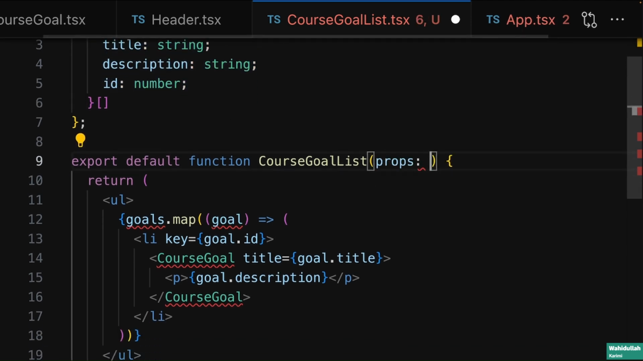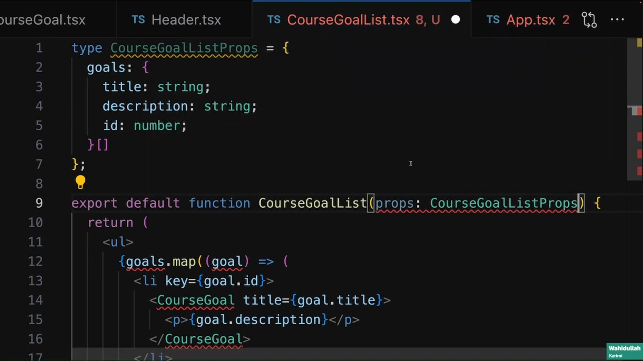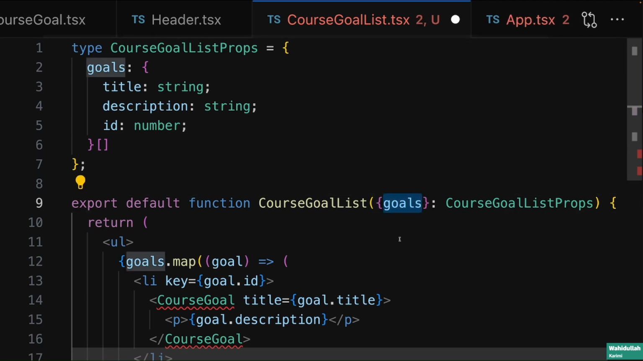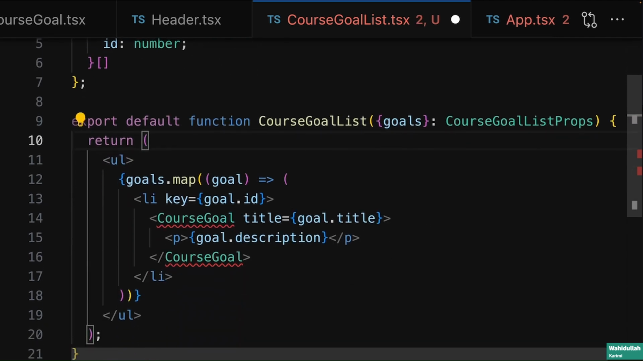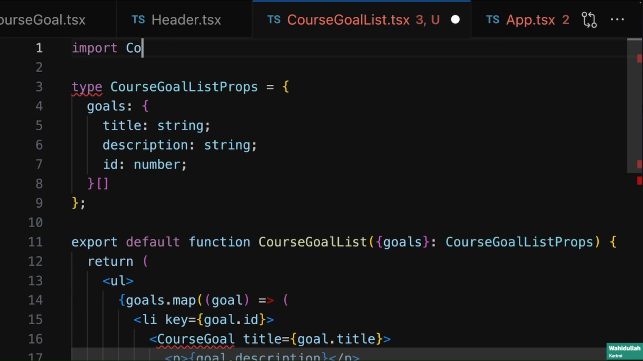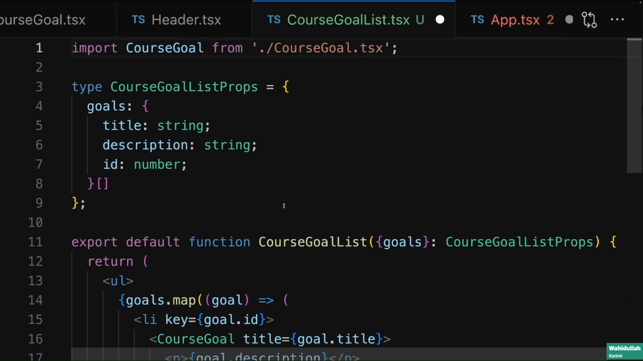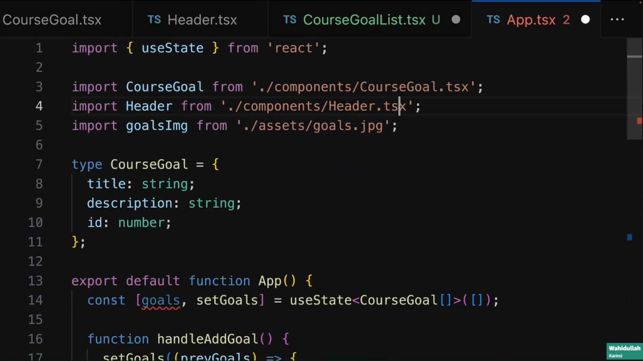With that, we can set our props here in that course goal list component to that props type we just added, and also use destructuring here to get hold of goals. And with that, we can then map through the goals again and everything works, except for this component where the import is missing. So now here we can import course goal, so this component, from course goal.tsx. And now this all works here in this course goal list.tsx file,